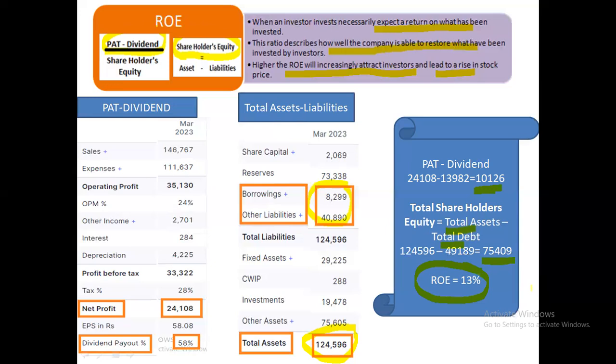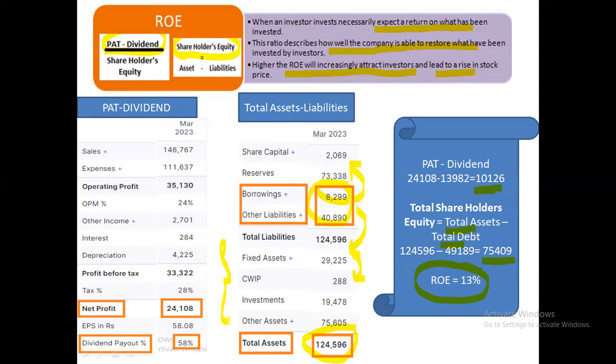So why exactly is this return on equity attracting investors? Because investors, people have taken this loan or whatever investment, where are they putting it? Are they keeping it as reserves, or in assets, or in investments, or on new buyers or whatever? So they are interested in understanding all this, and the assets are going to be directly related. That's the reason if ROE is increasing, it will attract investors to invest in such companies. That's why ROE is important.